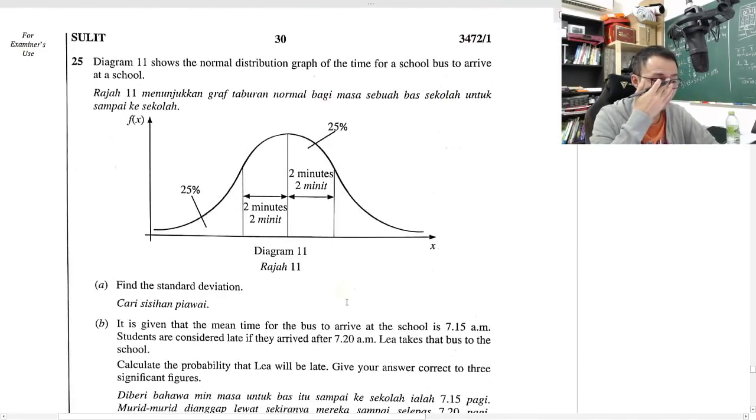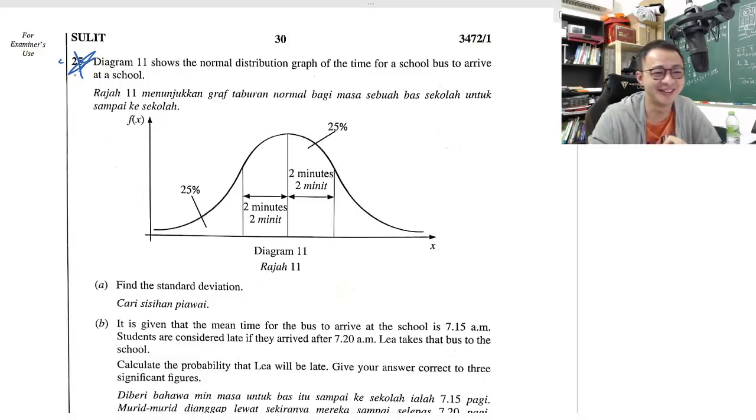Okay, last question here. Diagram 11 shows the normal distribution graph of the time for the school bus to arrive at the school. I would say this question is very hard. Even me also cannot do. Seriously, I go to Google it. Not to say cannot do, because